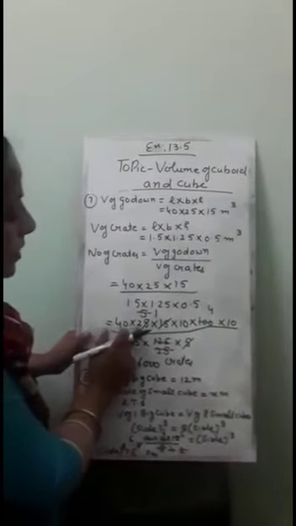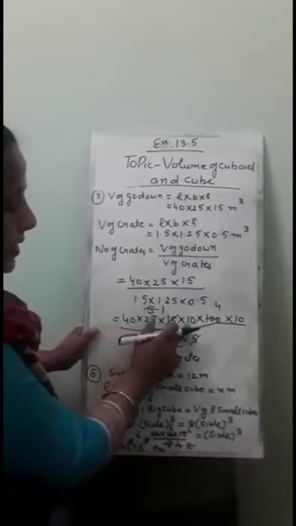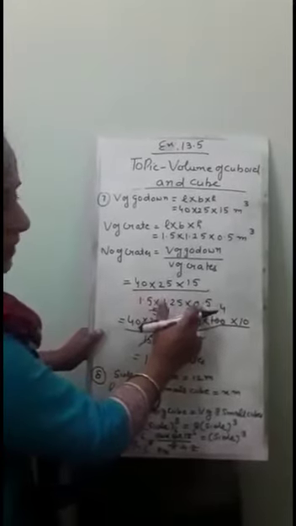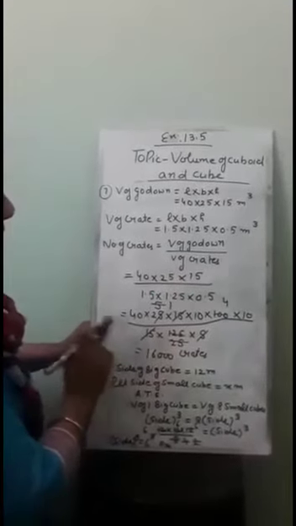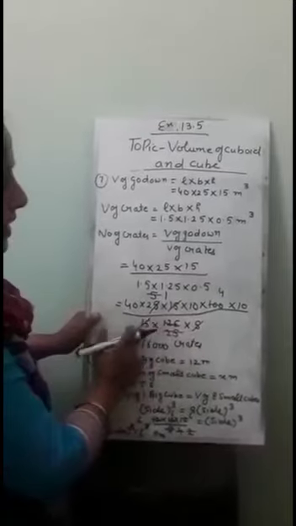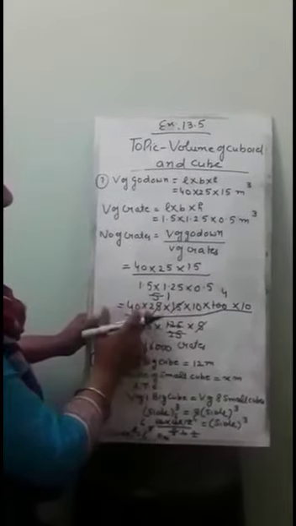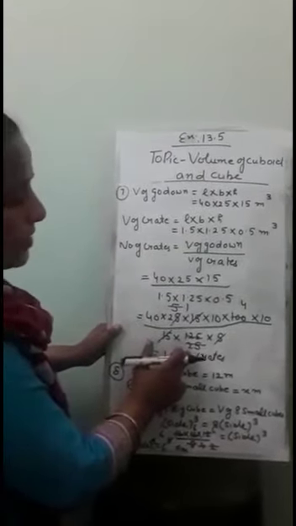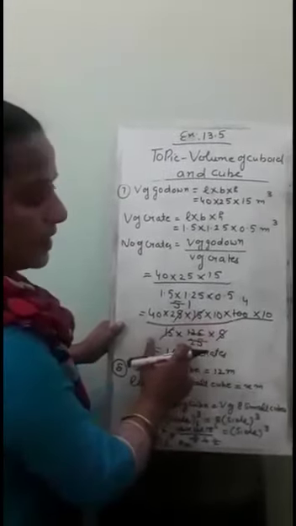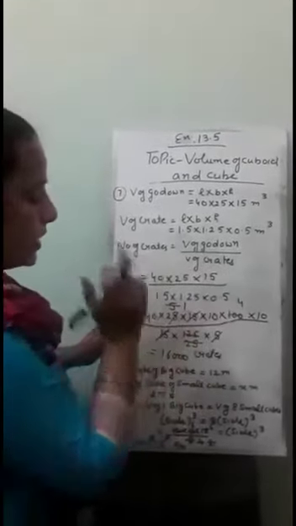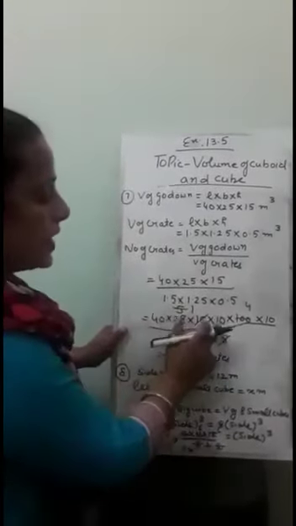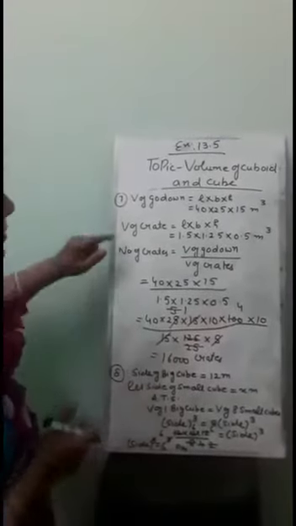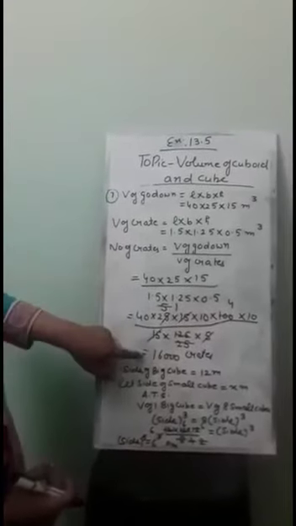This is 40, 25, 15 as it is. This 10 is for 1.5. This 100 is for 1.25 and this 10 is for 0.5. Then do the cutting on the table of 5. Clear? 15 and 15 are cancelled. 5 5s are 25. Then 5 1s are 5. 5 25s are 125. Then 25 and 100, on the table of 25, 100 is 4. Clear? When you multiply this 40 with 10 and 40, you will get 16,000 crates. This is the answer. The number of crates put in the go down is 16,000.